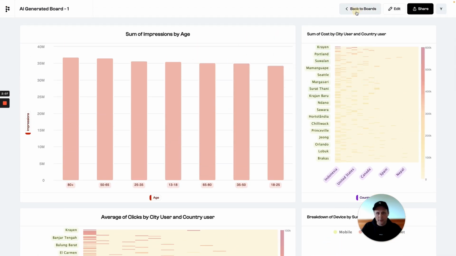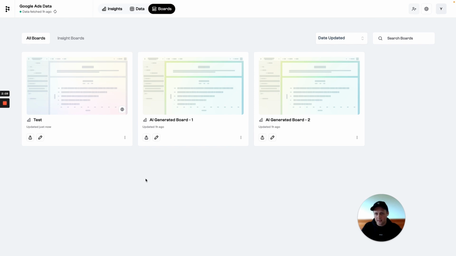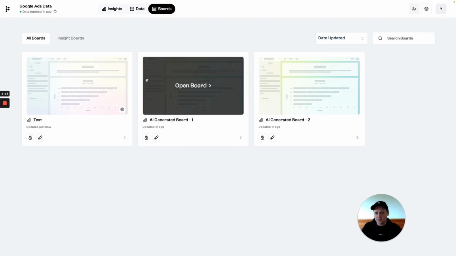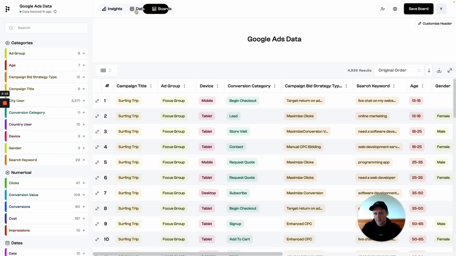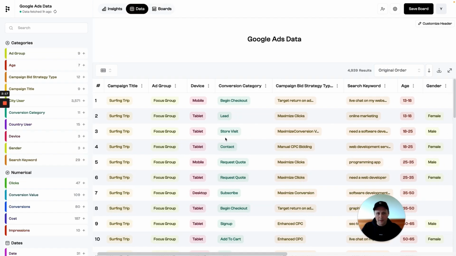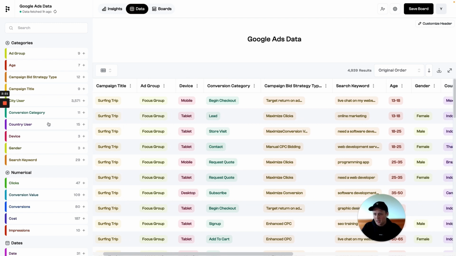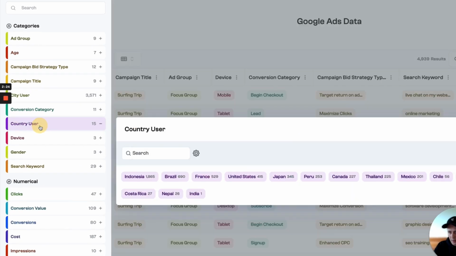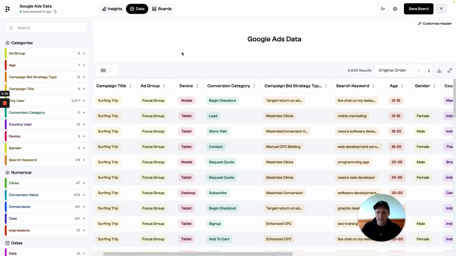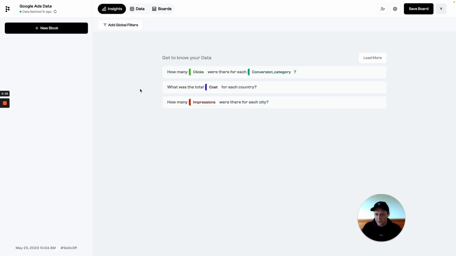I was already pretty familiar with this data set, so I jumped right into visual storytelling, adding blocks, building the board. If I was unfamiliar with this data set, I would have started in the Data tab. This is where I can wrap my head around the underlying data set, looking at all the columns, the values in each column. In the left sidebar, we also show you the columns, but we also show you the distribution. So in this column, Indonesia is the most frequently occurring value. That's a good way to help get you familiar with the data so you can start diving into building insights,